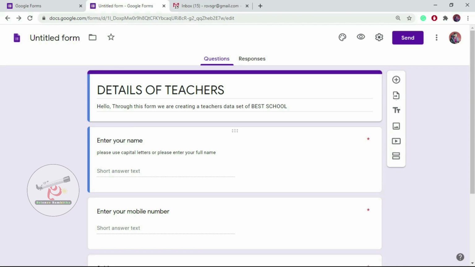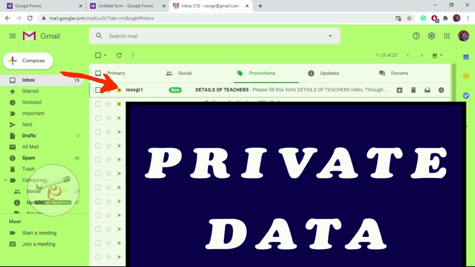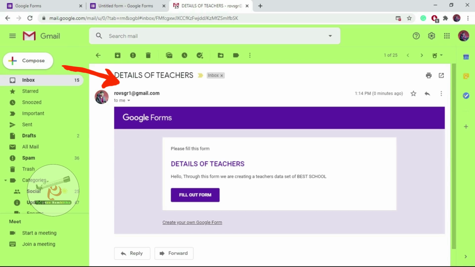Now we can go to the email ID to which I have sent the form. It will be here. This sender's address will be the email ID with which I have created the Google form. If you click on that mail, see the message that you have written there, that is please fill this form.